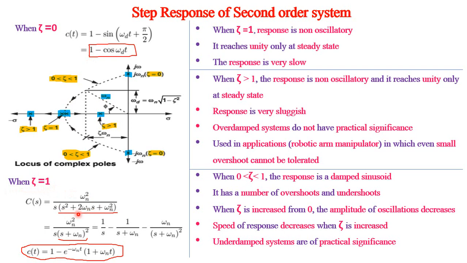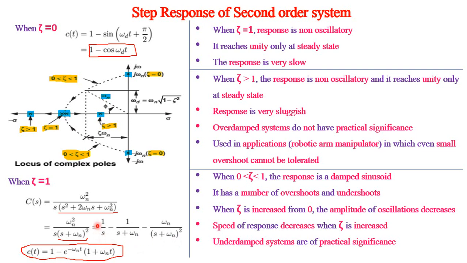When it is critically damped, in the C of s expression, s square plus 2 zeta omega n s plus omega n square, zeta becomes equal to 1. Therefore, we cannot use the previous relation which we have seen for underdamped. We have to again develop from first principles. This s square plus 2 omega n s plus omega n square can be written in the form of (a plus b) whole square formula. s plus omega n whole square is this. Therefore, when we take the partial fraction, we will get 1 by s minus 1 by s plus omega n minus omega n by s plus omega n whole square. That is, we can write this as a by s plus b by s plus omega n plus c by s plus omega n whole square. So after simplification, we will get this.